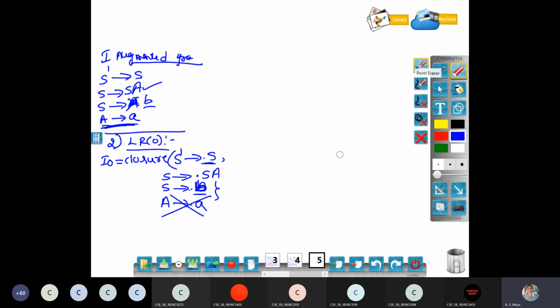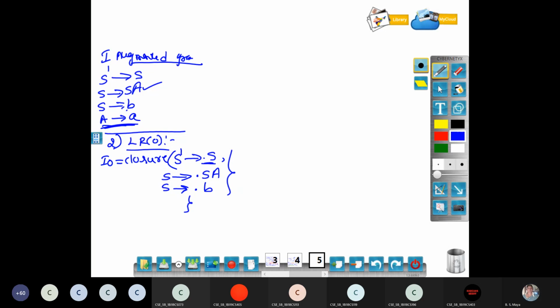When to be written? This is clear? See, this is if you have B. S derives B. Now, after dot S production, you have to write all the productions of dot S: S derives dot A, S derives dot B. So, do you have any new non-terminal with the dot production out of these productions? Is any of these three new? No, ma'am. Then you can end the closure here. Closure is completed.